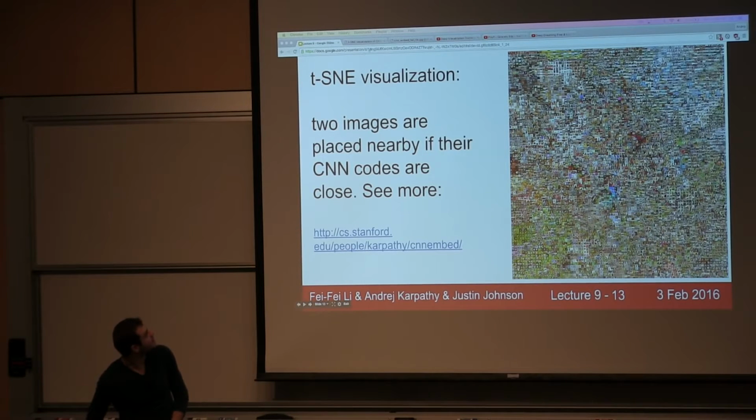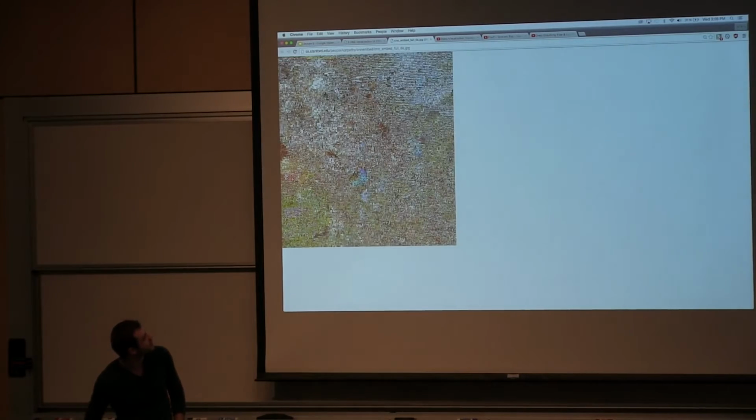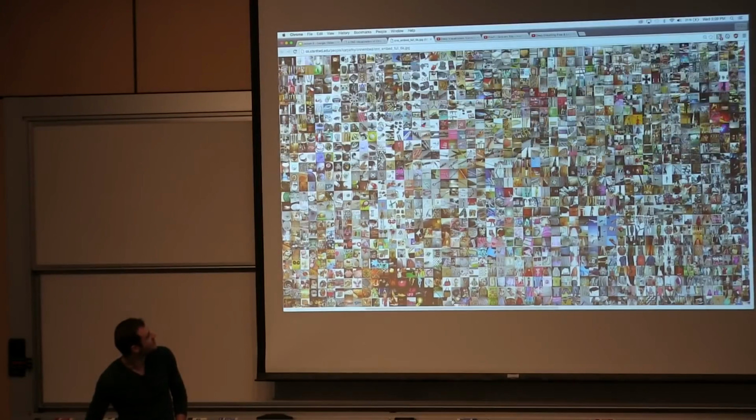There are lots of embeddings here on this website. I preloaded some of it. This is in the raw space, and then these are some visualizations where I've warped the representation to make it a square. And here, if we try to zoom in, anything that's nearby is basically very similar looking to the ConvNet. You can see all the headlights cluster here, keyboards, all the circular things. Then we go down, all the spaghetti,